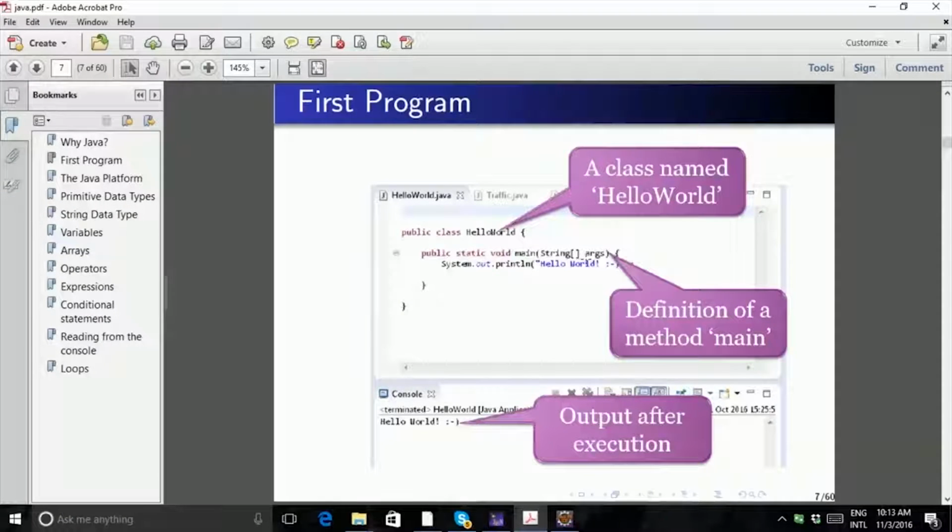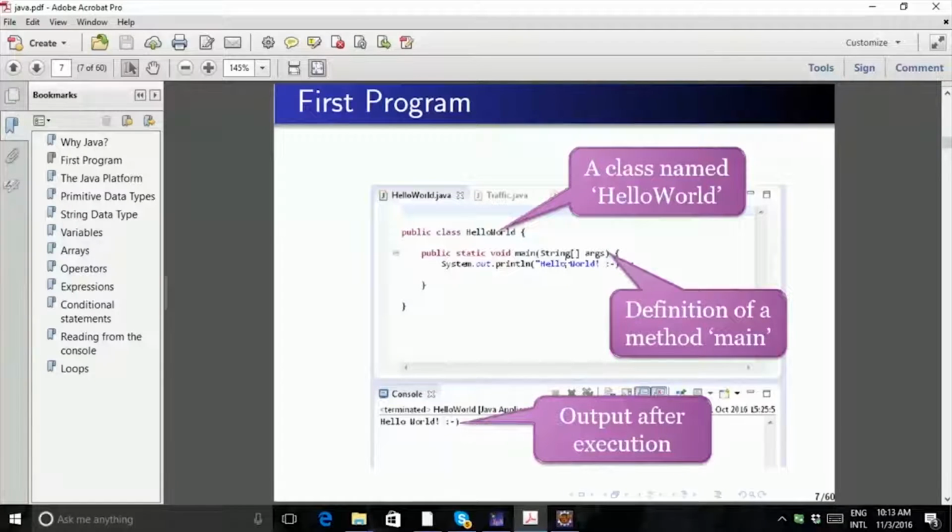This line is what we call the main method, the main function. The first line that is going to be executed in any Java program is the one following the first brace of the main method. This is the main. This is its opening brace. So when we run our program, the first line that is going to be executed is this,